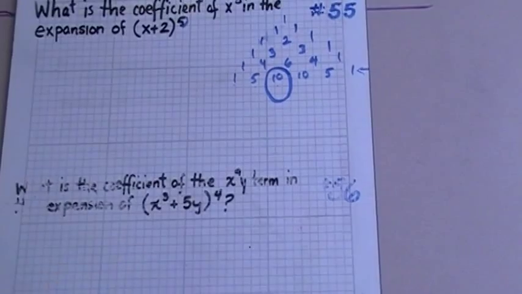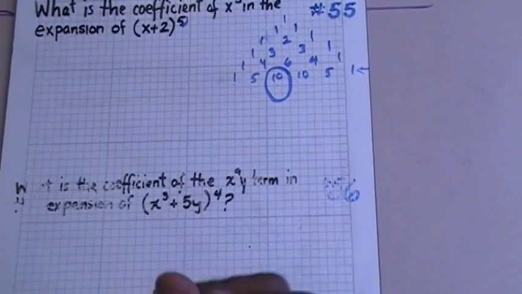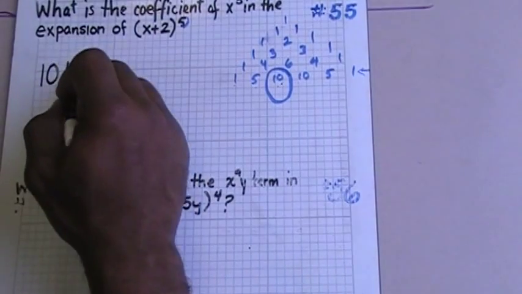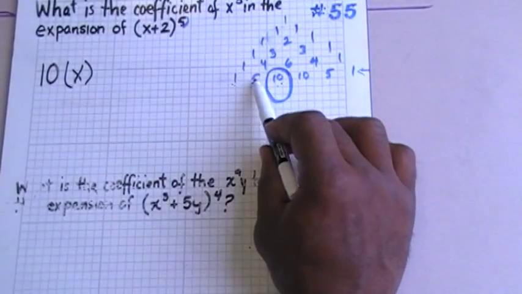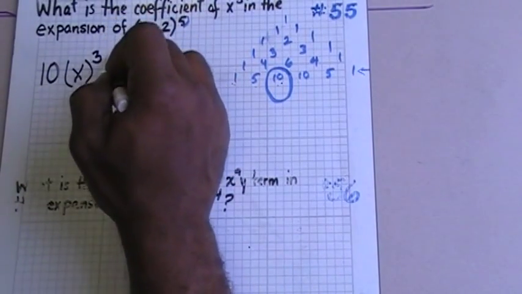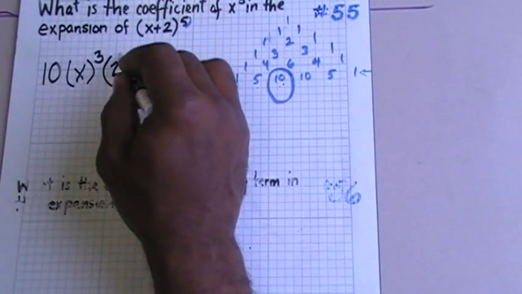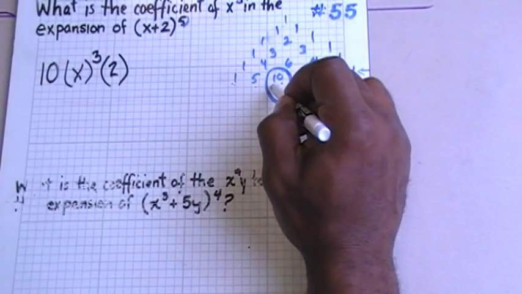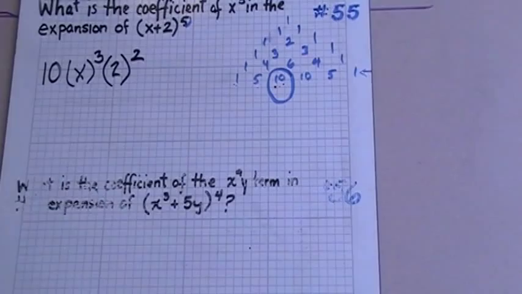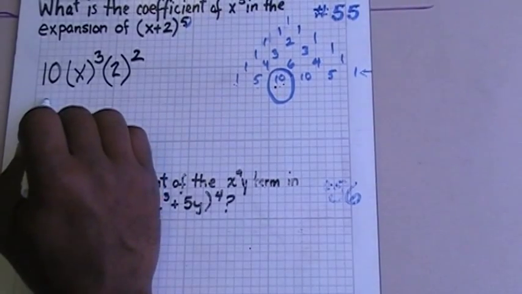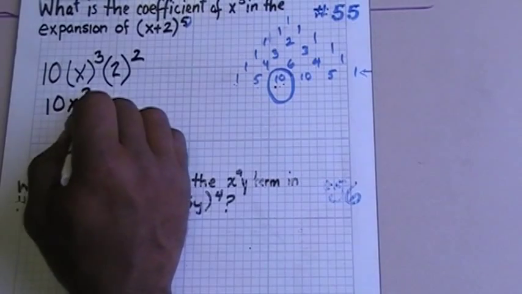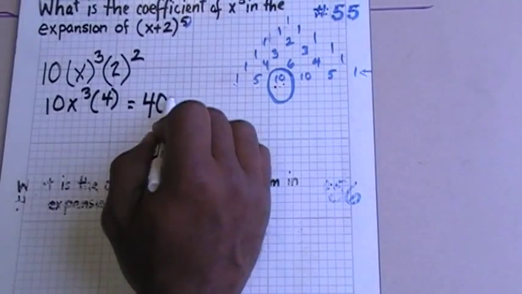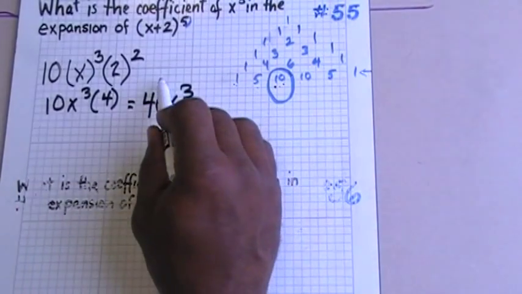Knowing that, I'm going to go 10, pulling that 10, x, now 5, 4, 3, and 2, 5, 4, 3, 2. So that's a square. We got 10x cubed times 4, which means this is 40x cubed, and the answer to the question is